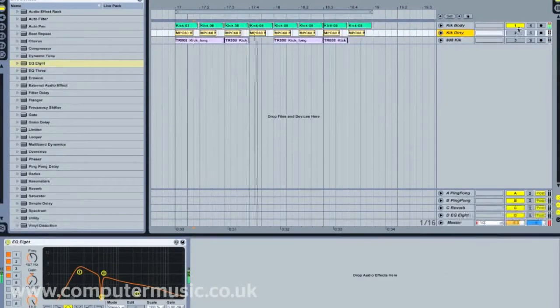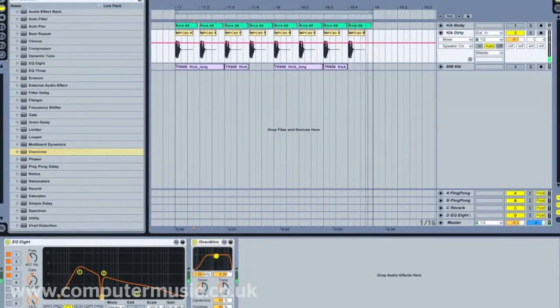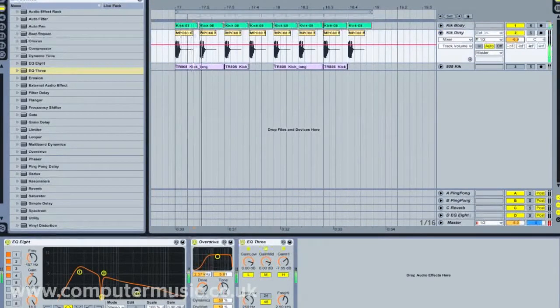Now, the second part of my kick drum that I add is kind of a kick drum with a lot more body to it. As you can see, I've already done the EQing. We're going to add some distortion to this as well, and we're going to drive it quite hard. Then I'm going to roll off the top end of that as well, because we don't need it in the mix. So you combine that with the other one,